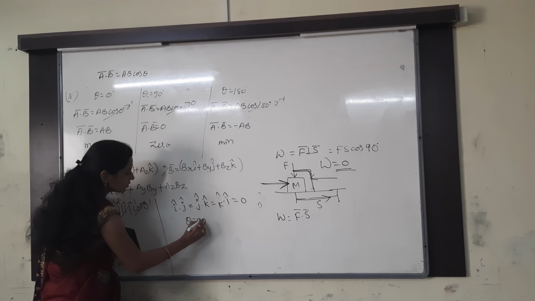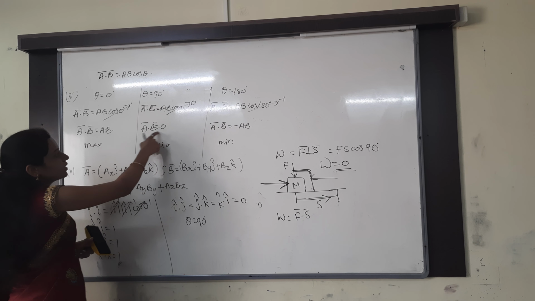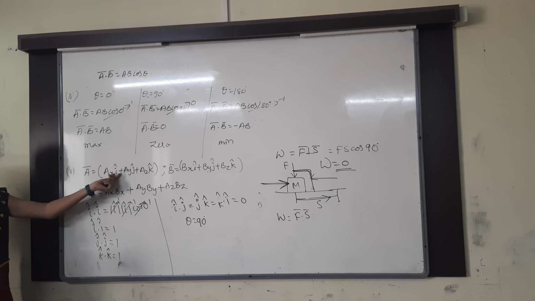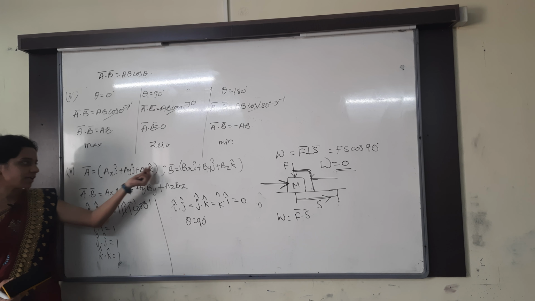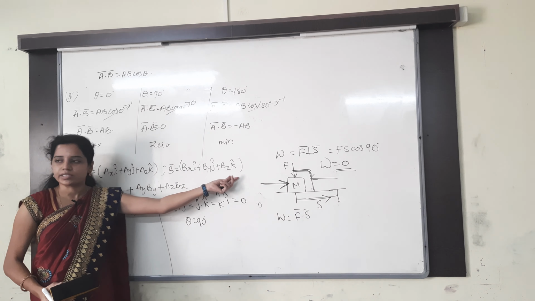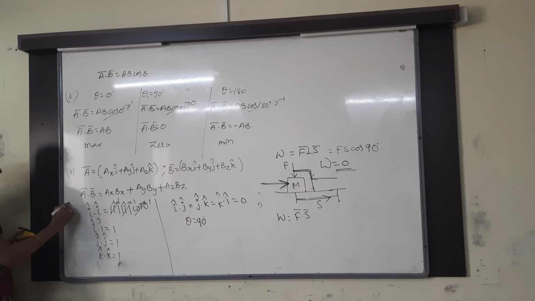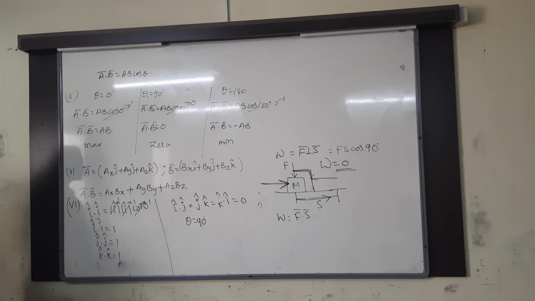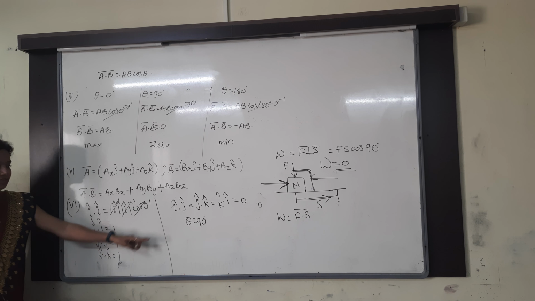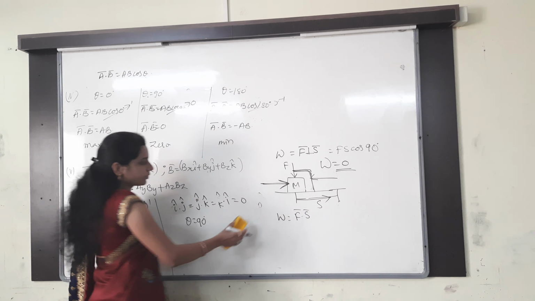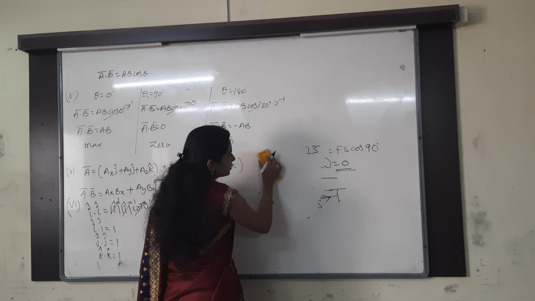All are perpendicular to each other. Whenever theta is equal to 90, what is the dot product for us? 0 is the dot product. Only like vectors will give a nonzero value: I cap dot I cap, j cap dot j cap, k cap dot k cap. You understand this property, right? So whenever like unit vectors are there, at that time the dot product will be maximum. In all the remaining cases, how much will it be? 0. Copy those properties.